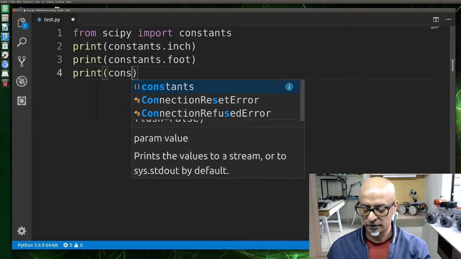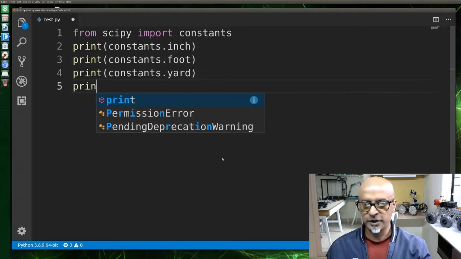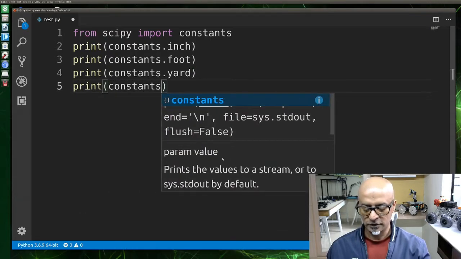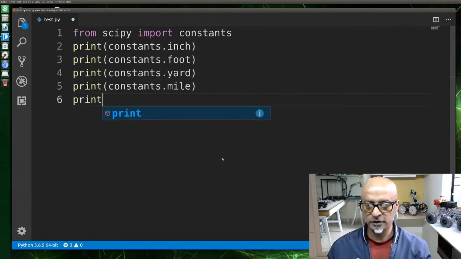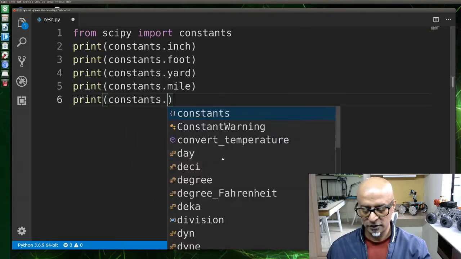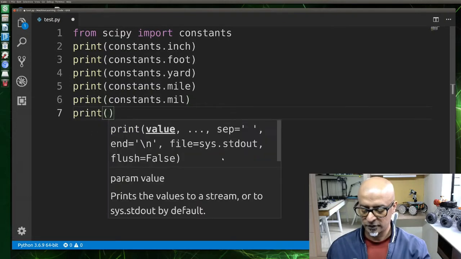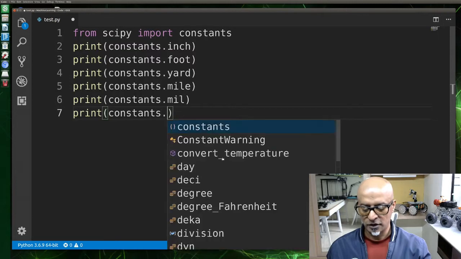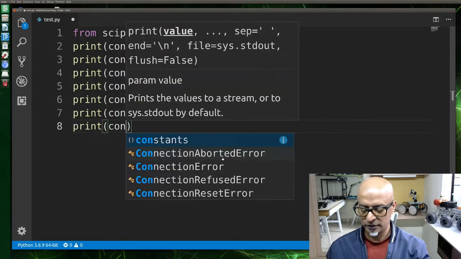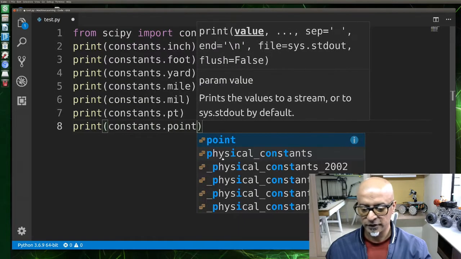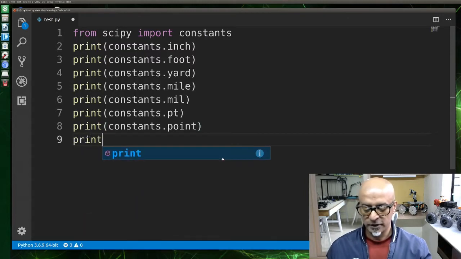print constants.yard is another one, and then print constants.mile is frequently used, and then print constants.mil is rarely used but it will be useful, print constants.pt is another one, and then print constants.point. This will be very often used especially in machine learning stuff, point, and then print